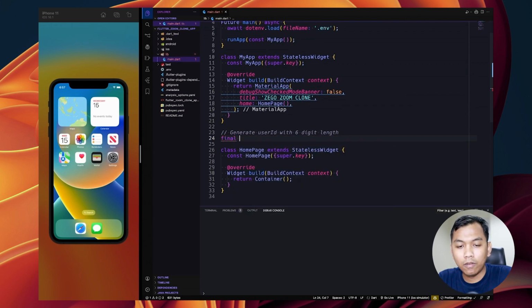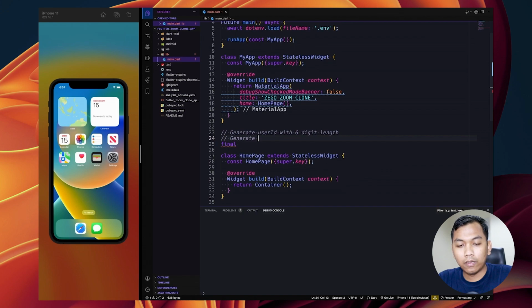For now, we want to make the user ID 6 digits in length. And also, we need to generate a random conference ID with 10-digit length.